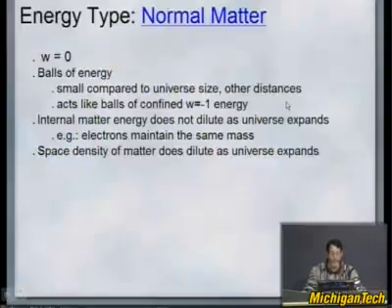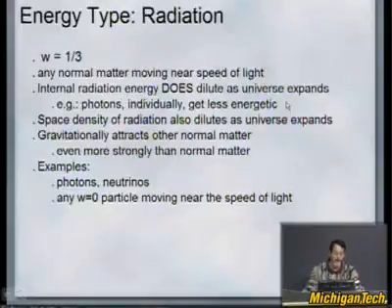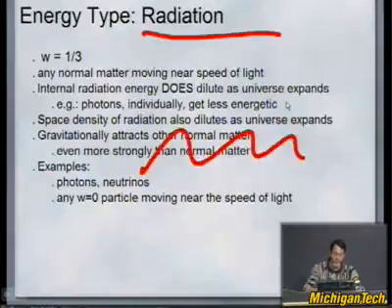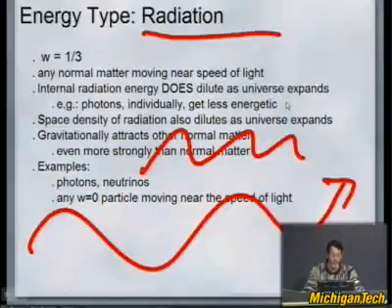Only a small part of our universe is made up of normal matter, as we've seen. Next on the roll call is more normal matter stuff: radiation. So radiation actually has pressure. It is more gravitationally attractive than normal matter. It does dilute as the universe expands even faster than regular matter, because early in the universe it is like this, and then it becomes less energetic as the wavelength increases. Types of radiation are well known, like photons and neutrinos.